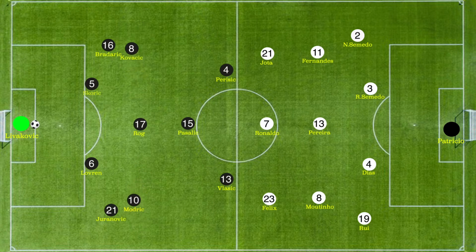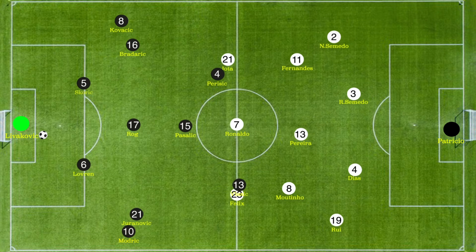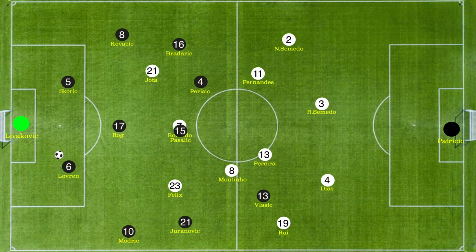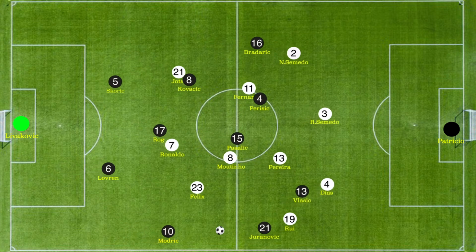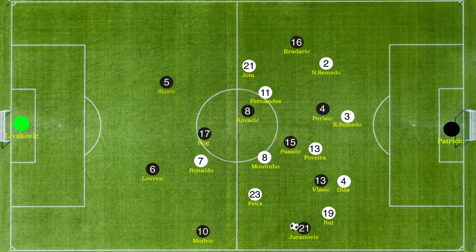When building from the back, Modric and Kovacic would move towards the wing, allowing Bradaric and Juranovic to move up on the field. After receiving the ball, Modric passes the ball to Juranovic, who proceeds to dribble it up the field. As this attack reaches the final third, Vlasic will now make a run behind Mario Rui, taking Ruben Dias with him,